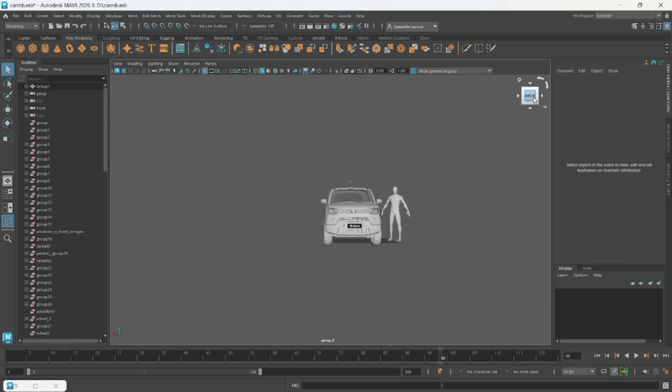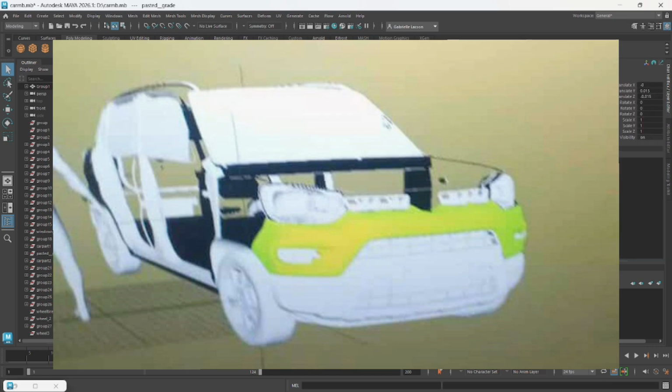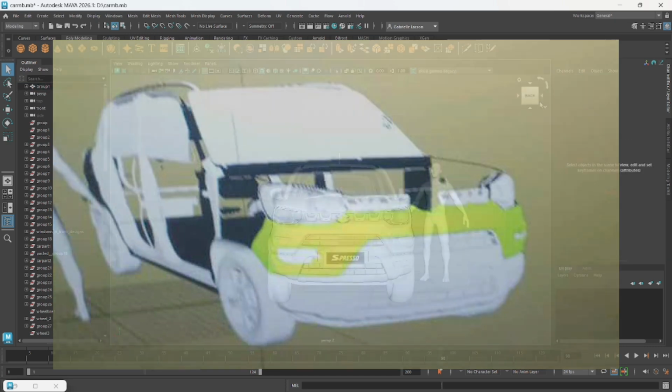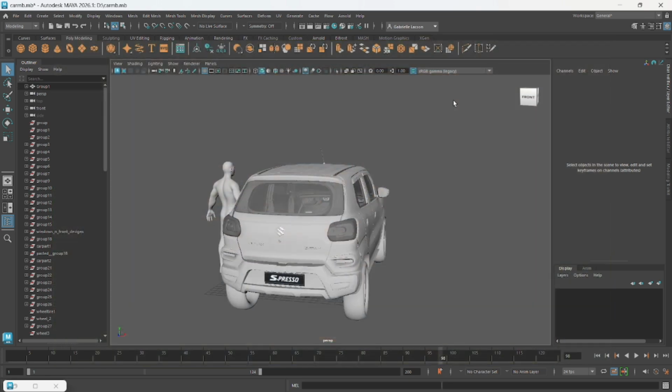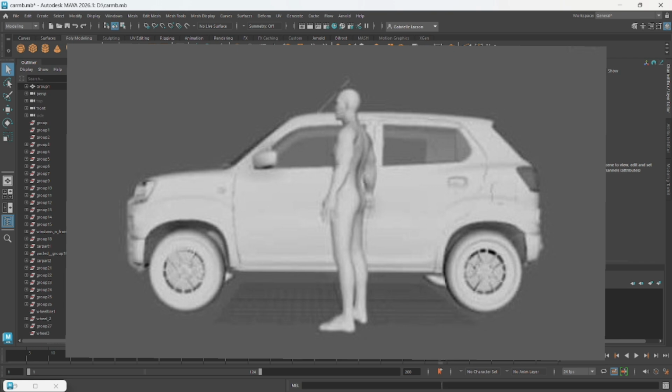We start from small. We build the basic shapes like cubes and cylinders and arrange them to form the outline of the espresso. We add color as a guide. This helps us see which parts belong to the body, the windows, the wheels, and other details. Then we remove the color and judge.